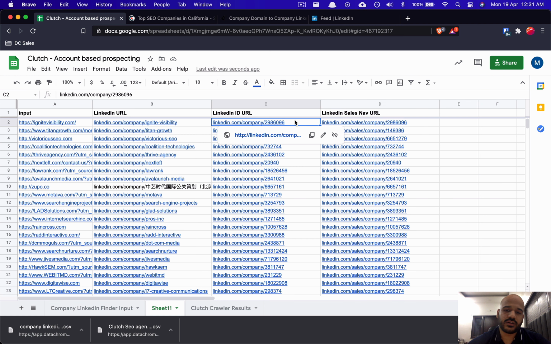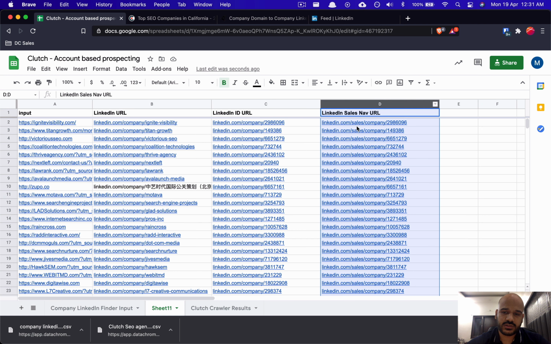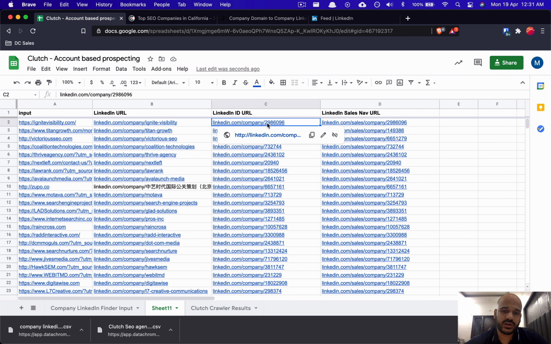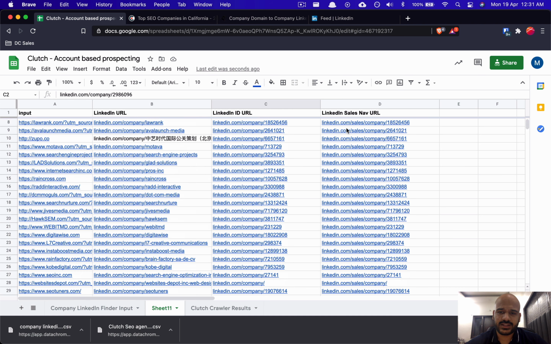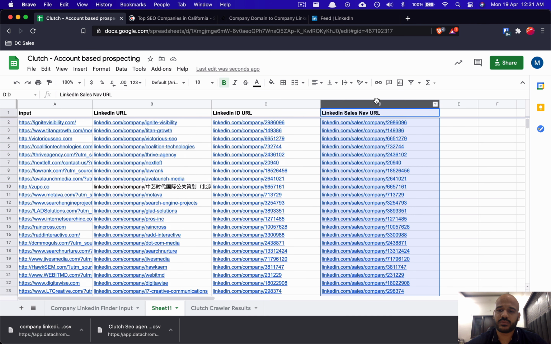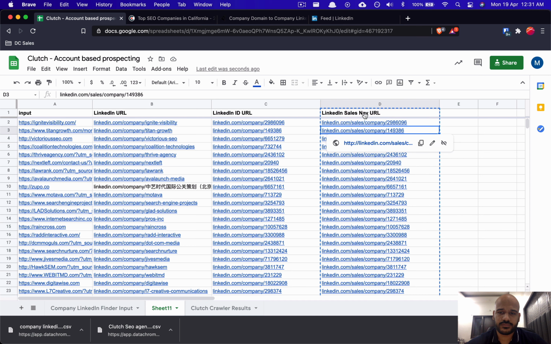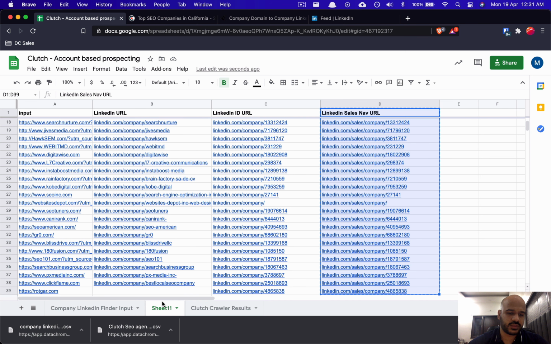So if you don't get this URL in this particular module, what you can do is just convert the /company to include this /sales, and convert the LinkedIn company URL to the LinkedIn Sales Navigator URL. Anyway, now we have our LinkedIn Sales Navigator URLs from here. Let's copy this, and this is the LinkedIn Finder